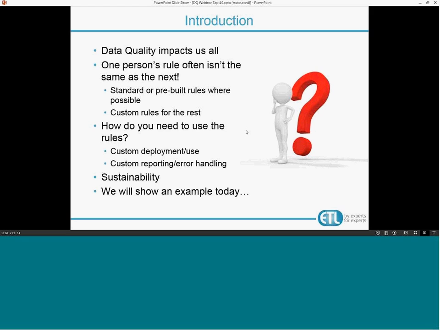Now, everybody has their own requirements in terms of data quality. There are many standard rules, but often these need to be customized to meet specific project requirements or